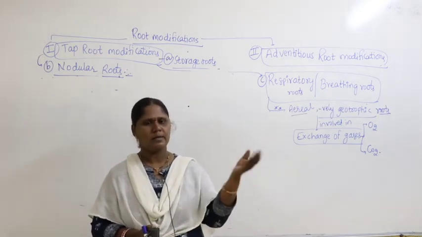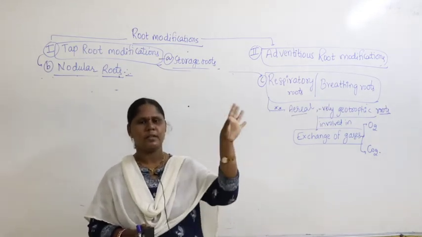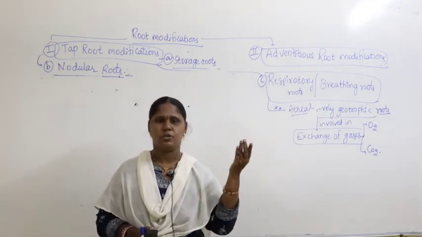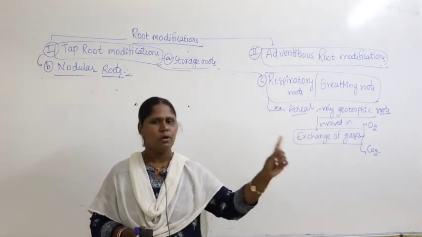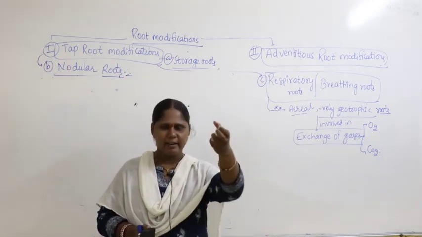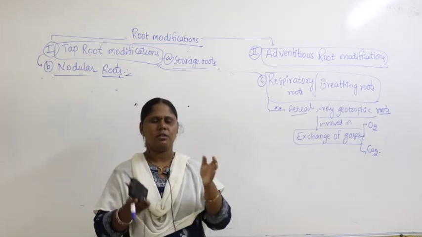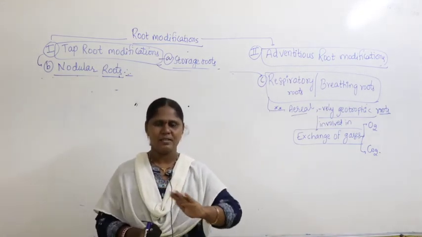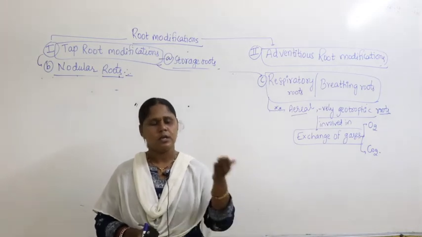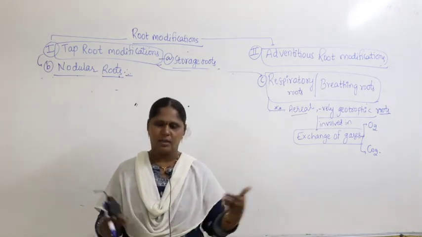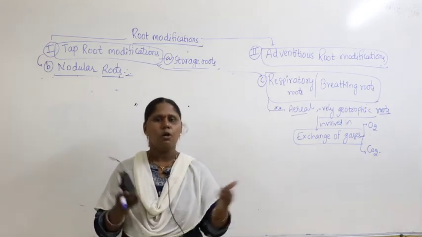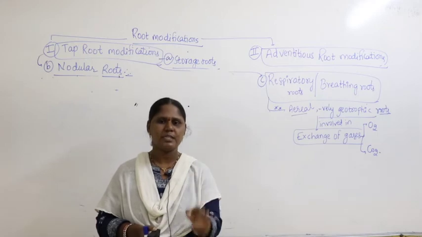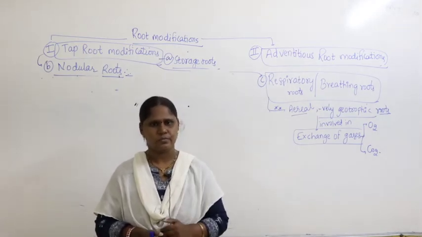So if there are no plants, all the carbon dioxide will get accumulated in the atmosphere. That may lead to global warming and a rise in temperature. That should not happen. So what is the plant telling? Don't worry, I will take carbon dioxide. So nature is a beautiful and fantastic resource in balancing, controlling, regulating, connecting and coordinating all processes, and maintaining a big balance. Nature is the biggest resource on earth.